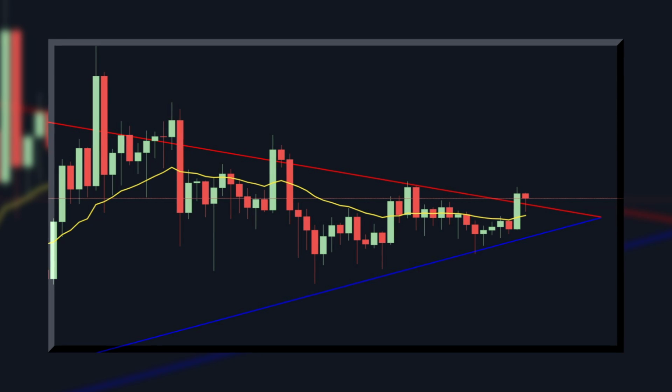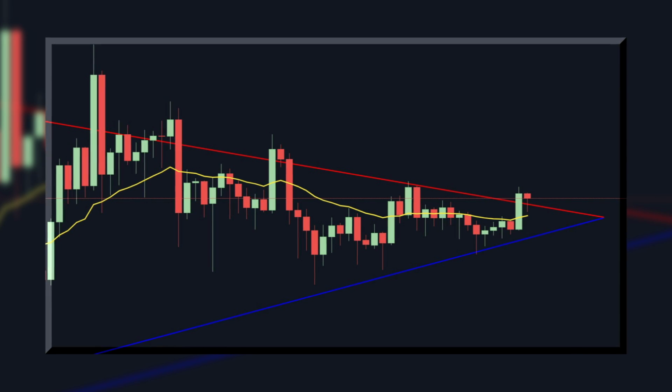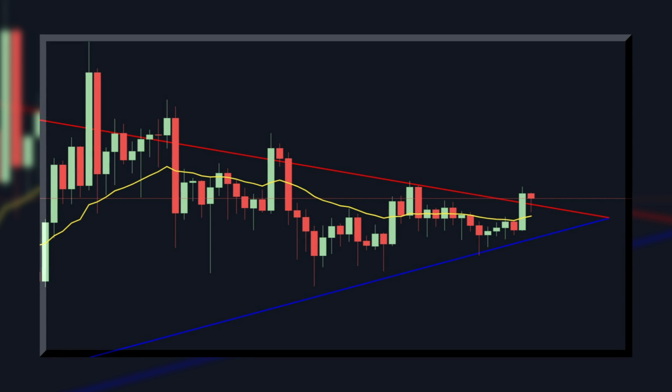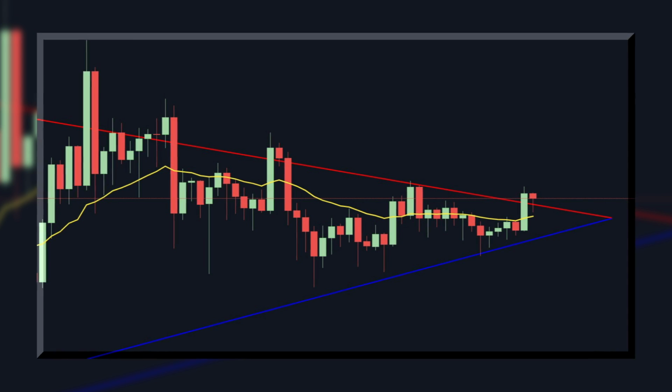Jeb here, and in today's video, we are going to be doing some more shorter-term technical analysis on Bitcoin and the cryptocurrency markets because, as you guys know, overnight yesterday, Bitcoin decided to go ahead and rally above not only the 20 daily exponential moving average, one of the most important levels of resistance that Bitcoin was facing, we also at the same time managed to rally above a downtrending level of resistance that Bitcoin has been under for the last month or so. Guys, in today's video, we're going to continue our analysis on this breakout because some very